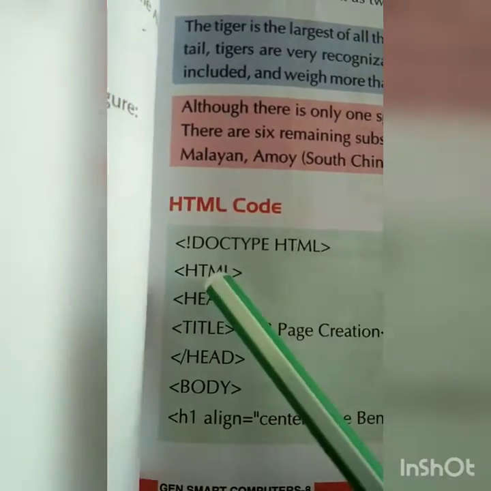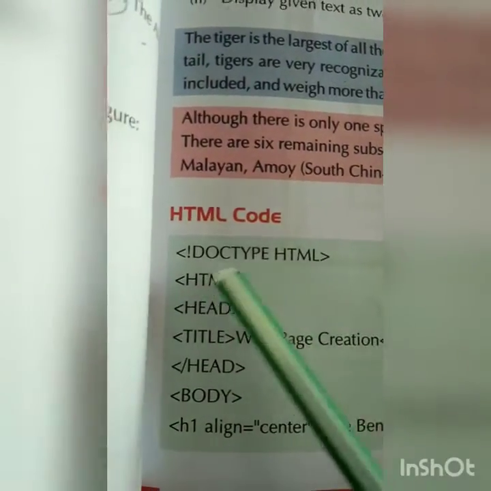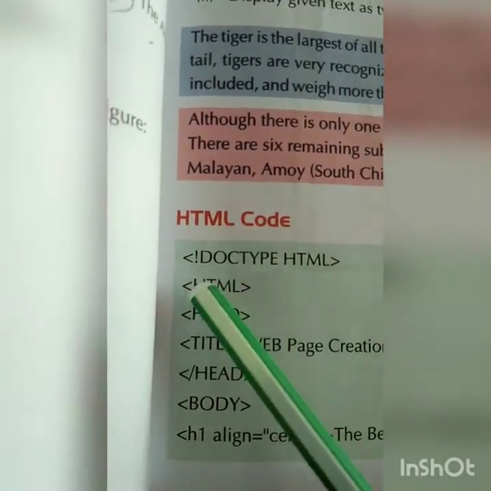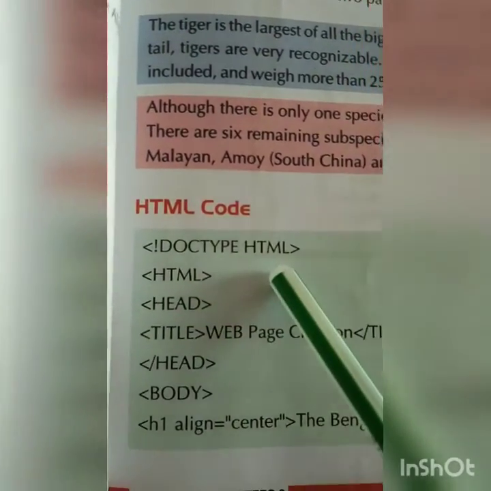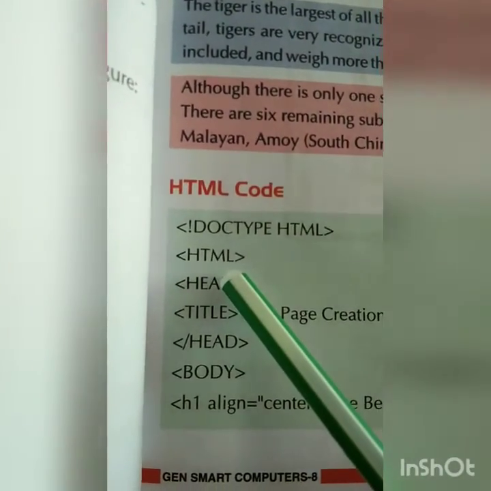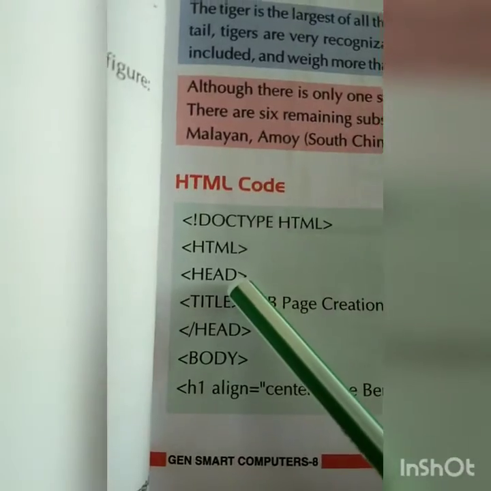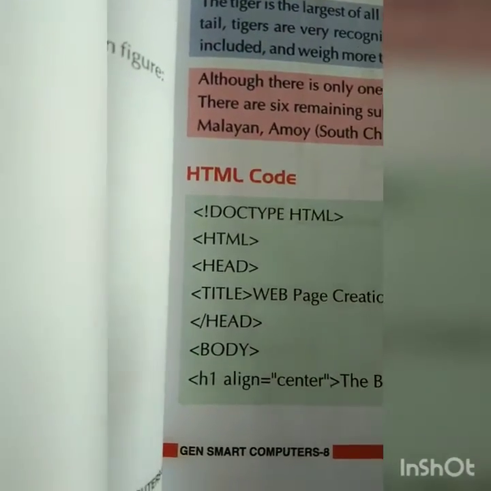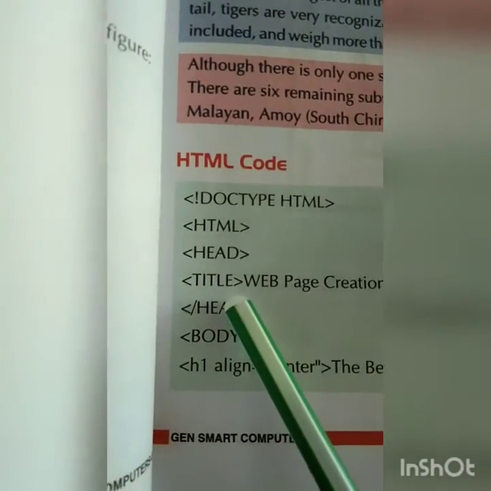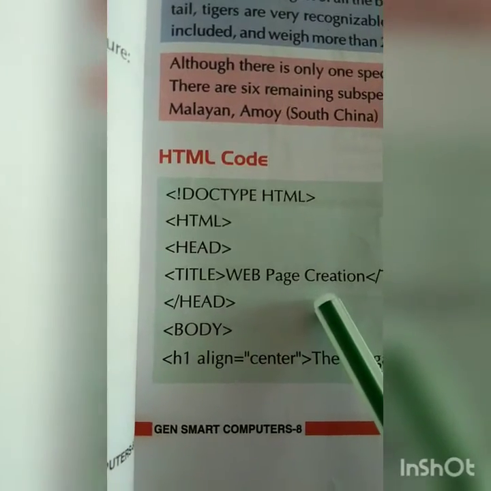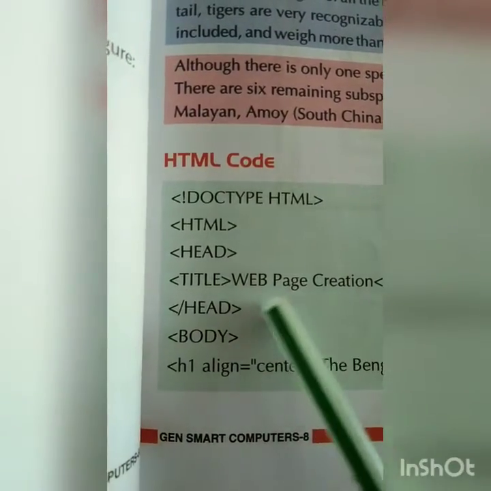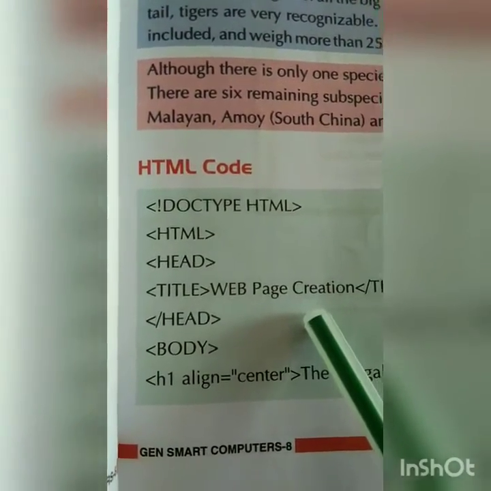HTML, okay. So document type HTML, this is compulsory, okay, exclamation mark doc type HTML, and here you are starting HTML head, okay, heading you are giving, and then the title of the web page creation, you started the web page regarding which you are making the document, okay.